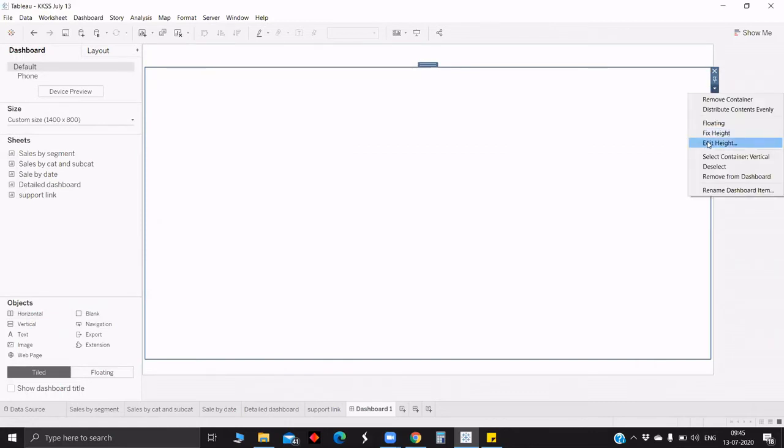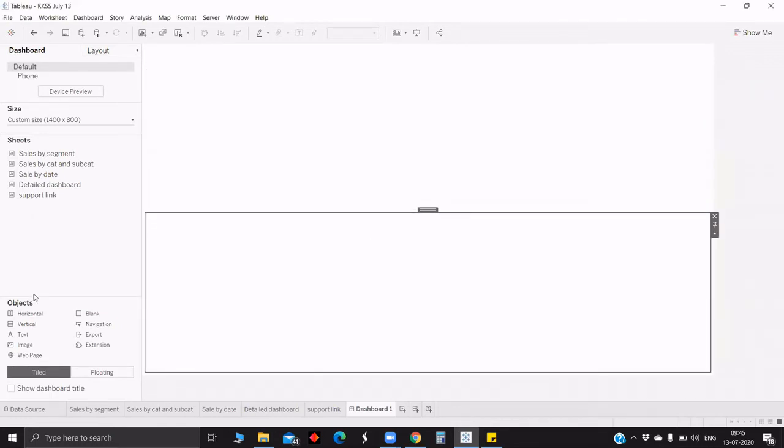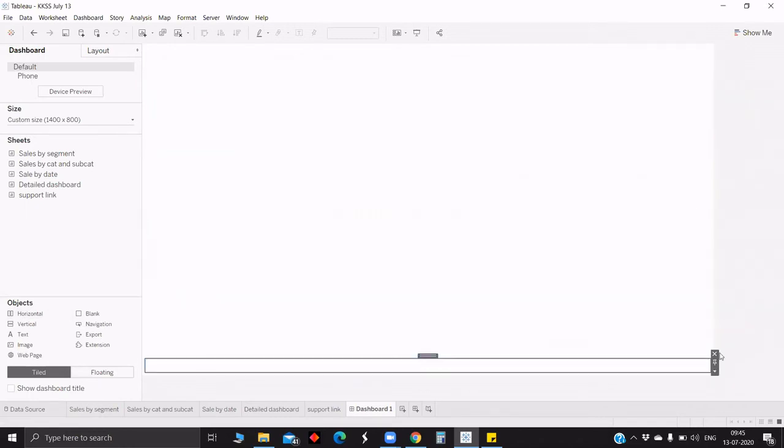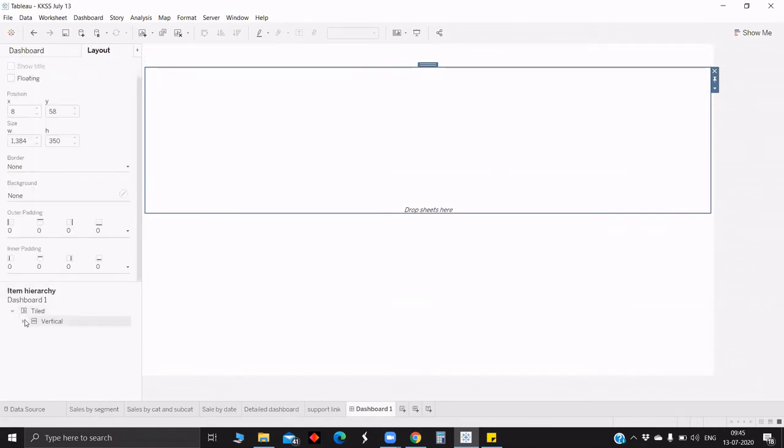Since we have pulled the horizontal inside the vertical, we will be able to control only the height. We have one more space left. Again we will pull on horizontal and we will delete the blank. So currently we have 3 horizontals inside 1 vertical, which can be seen in the side view. So 1 vertical, inside this we have 3 horizontals. Now we have made the outer skeleton of the dashboard. We will bring the sheets inside and we will close this session.